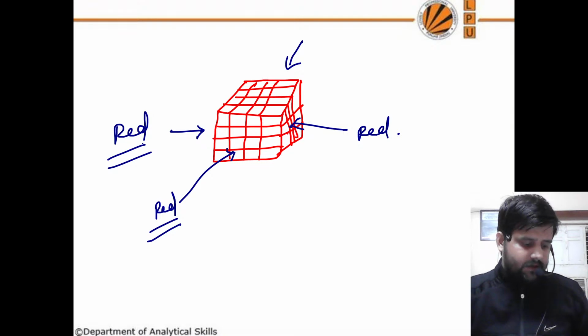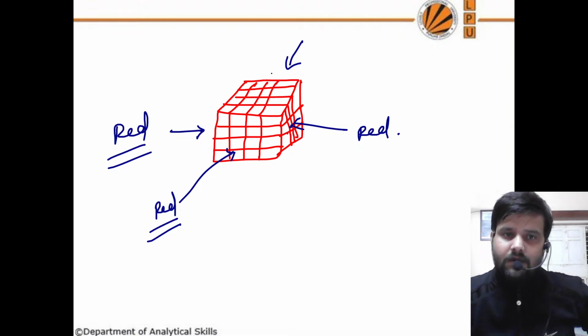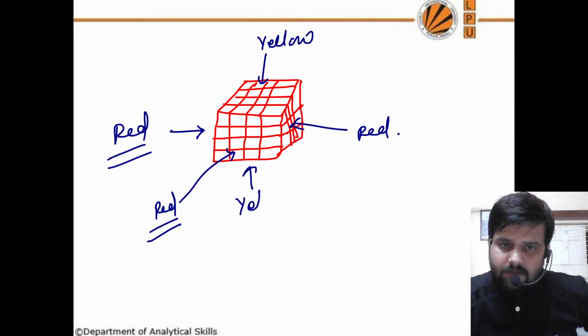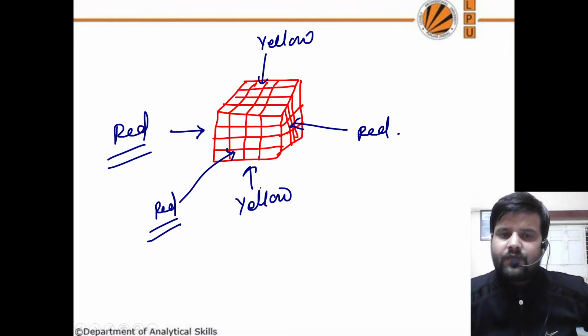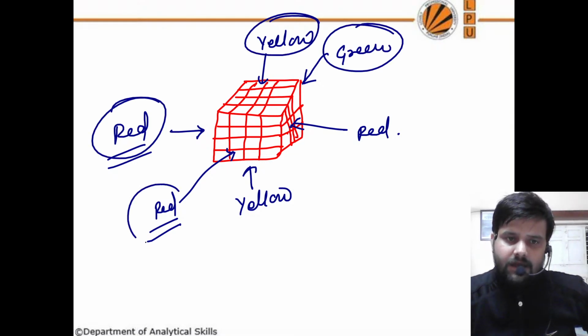Now it is also given that two opposite faces are yellow, so now three red we have taken, so let's say this is yellow, so yellow will be down also. Done. अब कौन सा फेस बचा behind this red, ये सिनेरियो दिया है क्वेश्चन में, ठीक है।